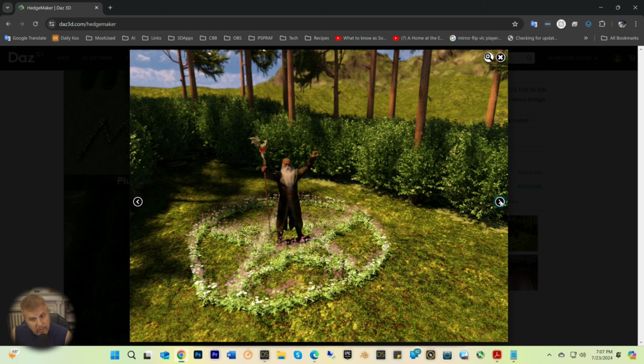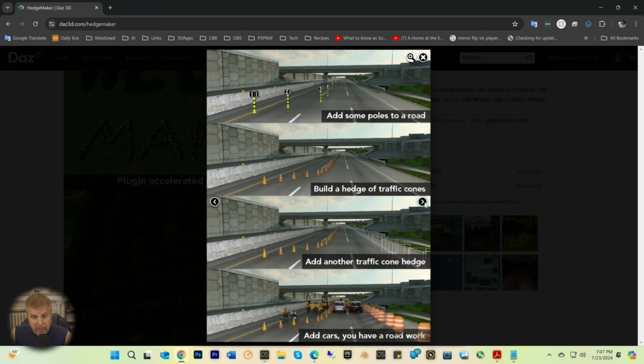So this is it. This is right now 50% off. They did use these. They put these here, and then they put the cones here, but they have different cones, okay? So they didn't use just the same cones exactly. Add another traffic cone hedge here, and so you have these here, you have those there. You didn't have to place. This is kind of